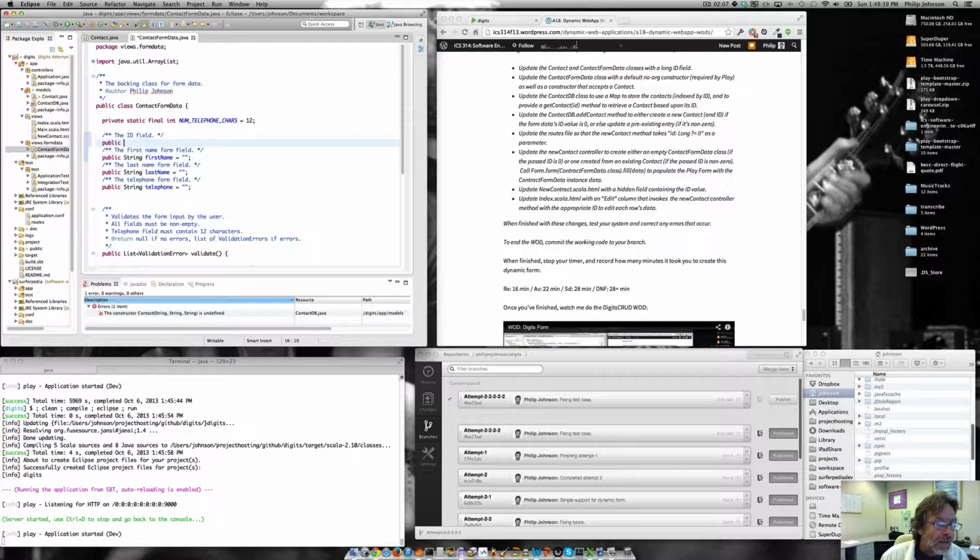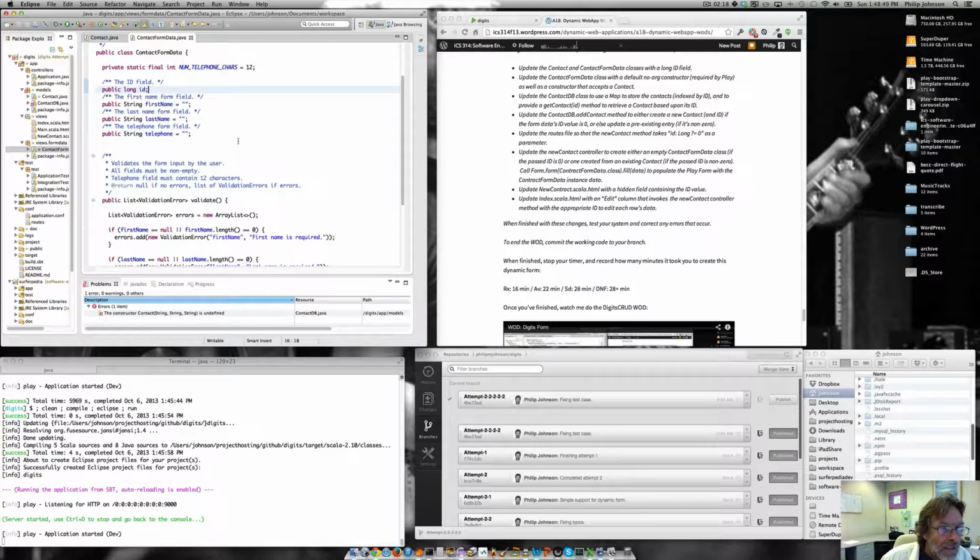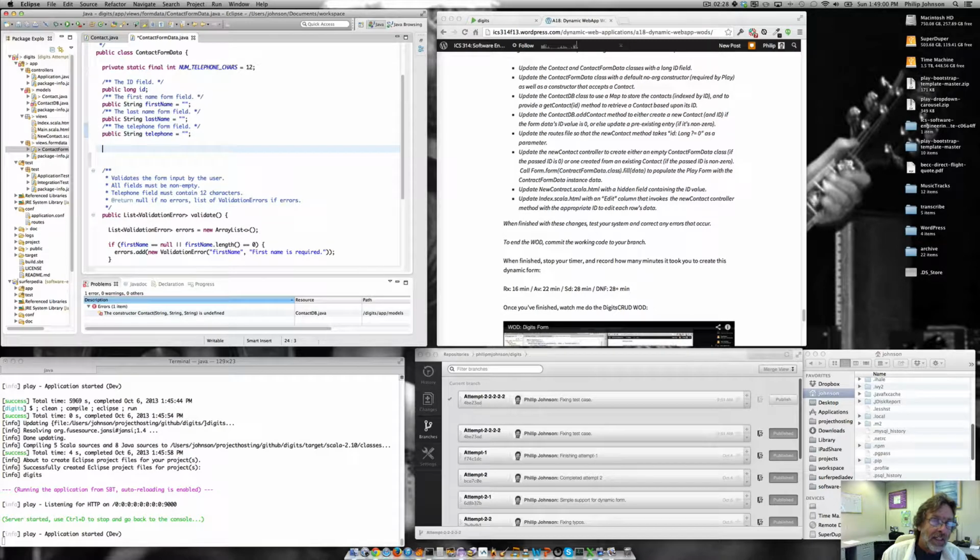Public long ID. Okay. And let's see. So we've got the long ID field, and then the contact form data class needs a default no-arg constructor. And this is just a hint that